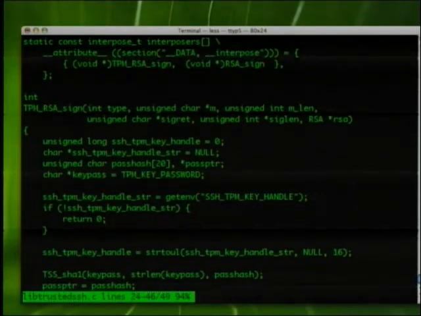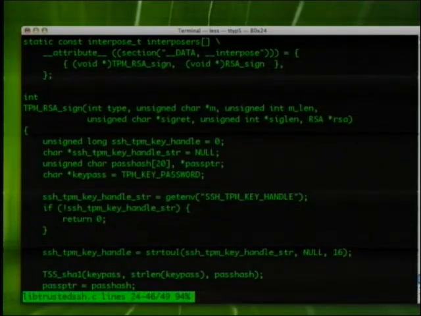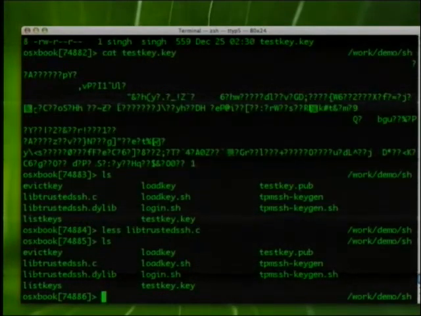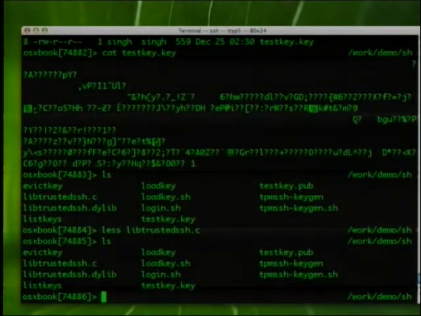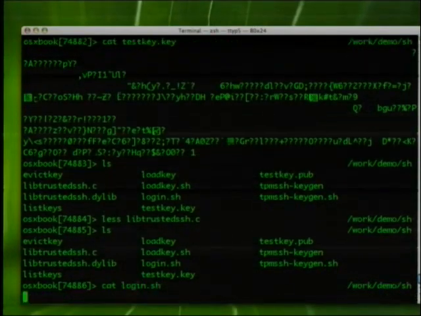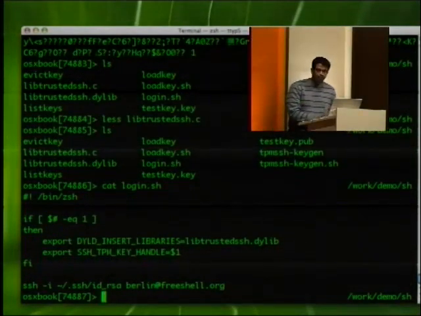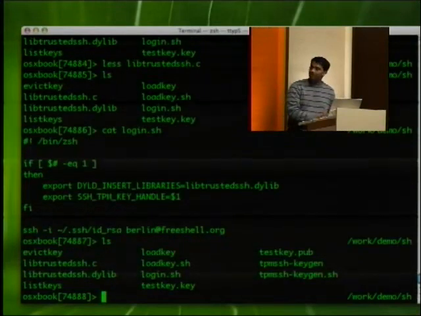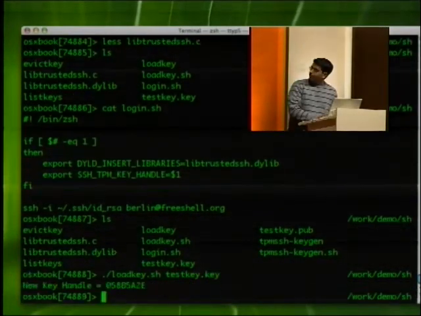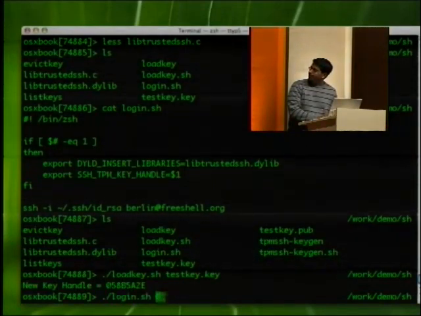So when the key exchange is being done during the initial SSH handshake, I will interpose this library, the LD_PRELOAD equivalent, in my SSH connection here. All this does is take an argument. The argument is that you have to load this key into the TPM first. So I have a key handle, and then I can say login.